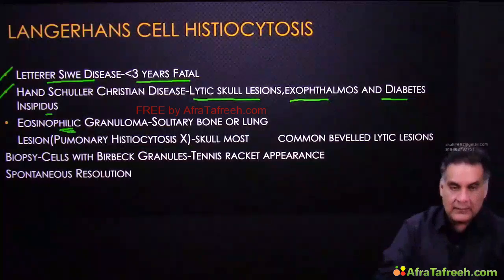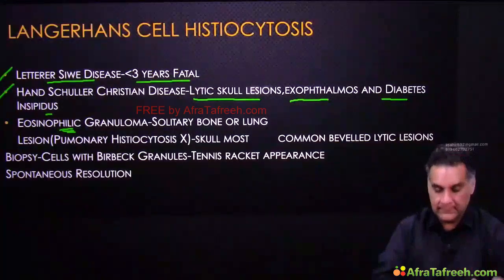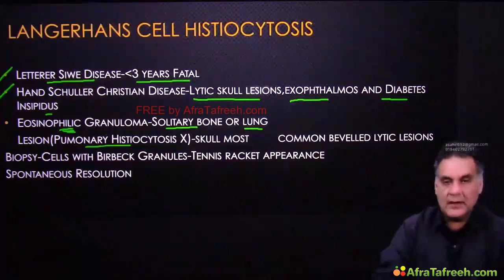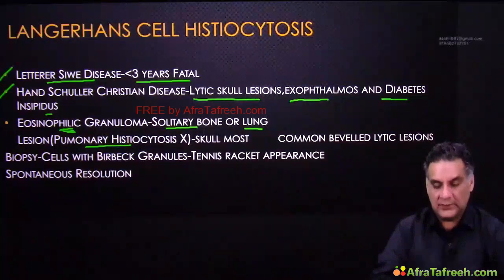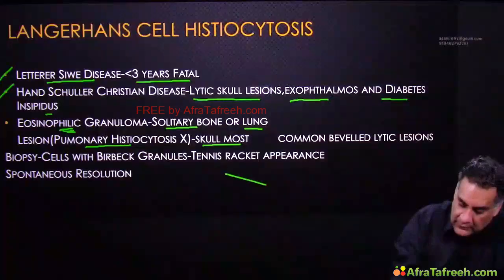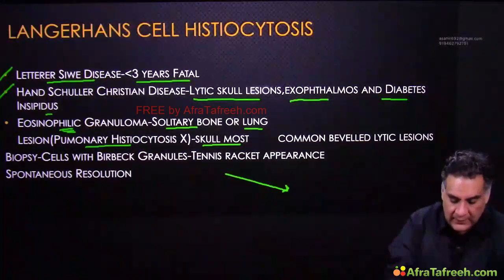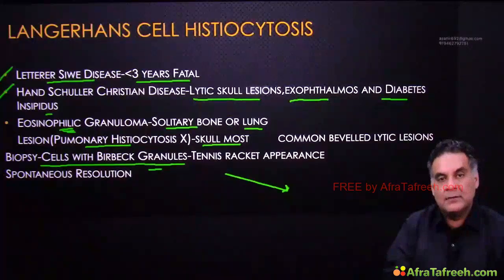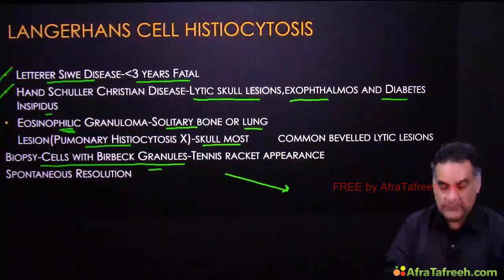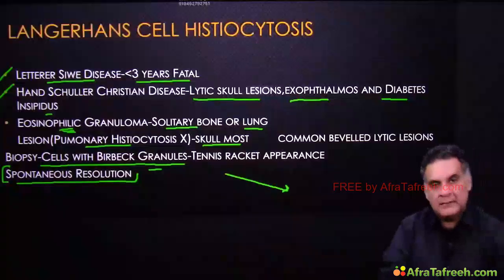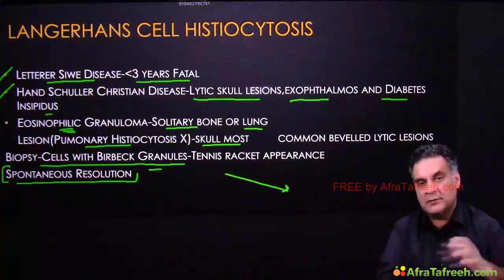Eosinophilic granuloma will have cells with groove nuclei. They have the solitary bone or lung lesions. In lung lesions, they are called as pulmonary histiocytosis. Skull affected, it will have beveled lesions, the sloping lesions. On biopsy, you have cells with tennis racket shaped granules called as the Birbeck granules. These granules have the tennis racket appearance, and then these are known for spontaneous resolution. In medical science, whatever disappears spontaneously